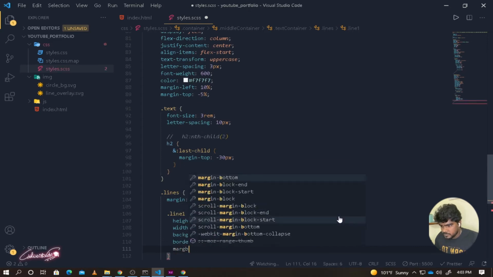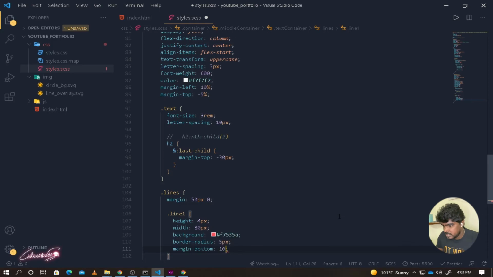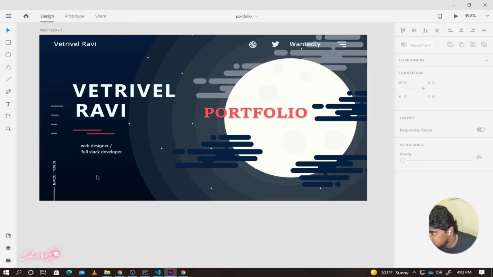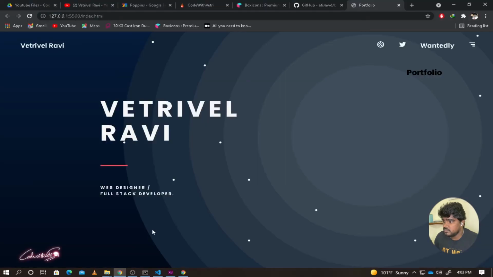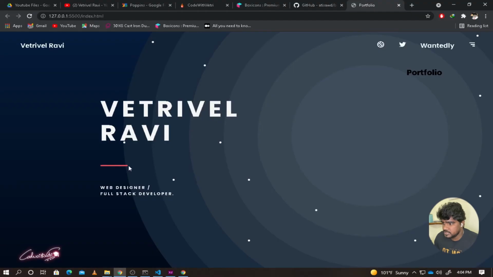Margin bottom, okay, because we need some space between the first line and the second line, right? So I'm writing the margin bottom of the first line. So margin bottom, let's say 10 pixels. If you see over here, we have some space in between these two lines. So either you can write margin top for this or margin bottom for this. So I'll write margin bottom for the first line. So let me check the first line. Now we have the first line over here,